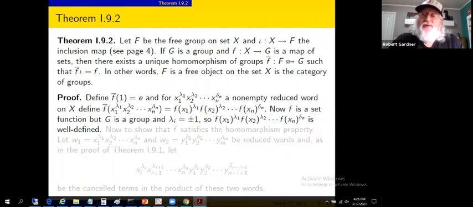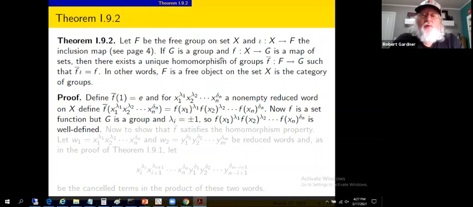Notice F bar takes us from the group of reduced words to this group G. So map the identity in the free group to the identity in group G. And for x sub 1 to the lambda sub 1 through x sub n to the lambda sub n, a non-empty reduced word on X, define F bar of that reduced word to be